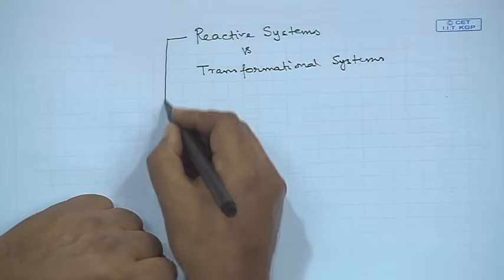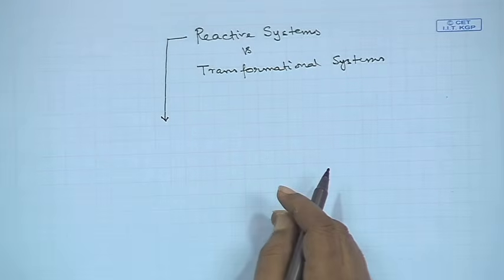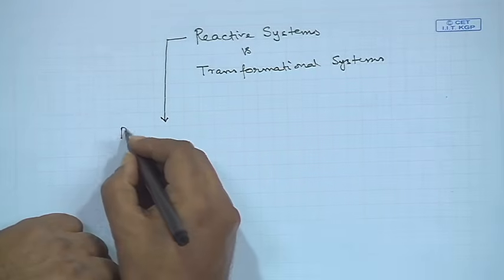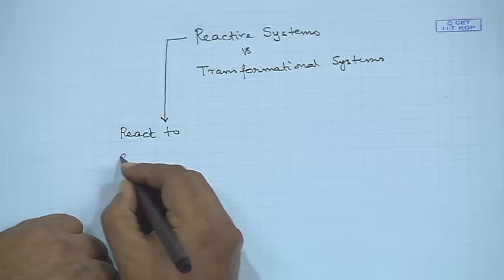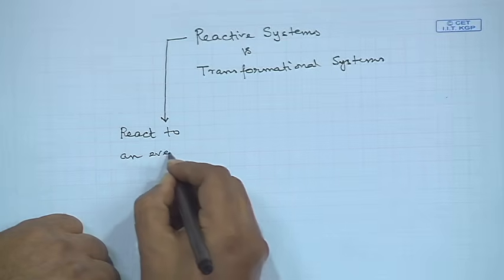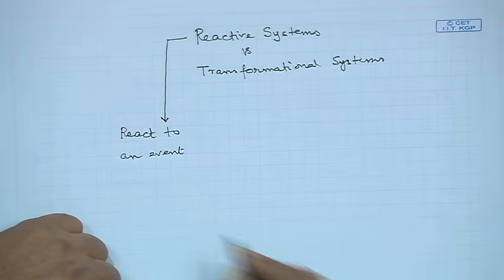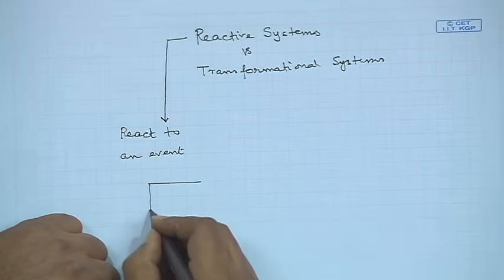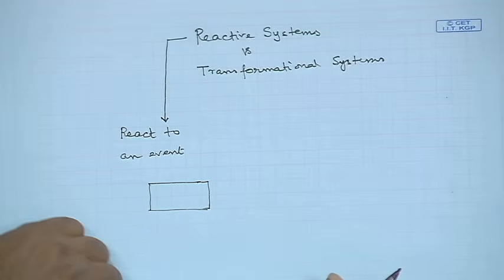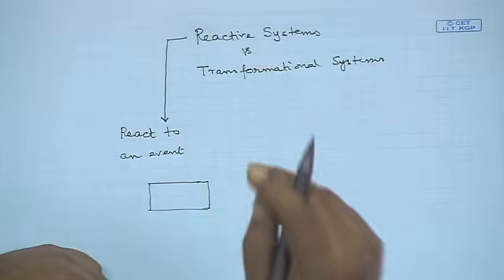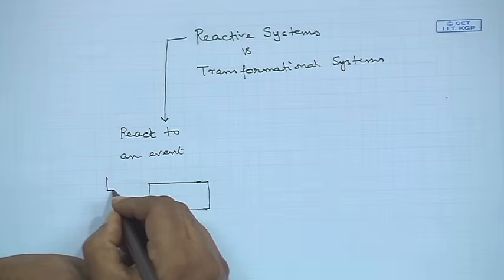Reactive systems are those which react to an event that occurs. For example, a system like a camera does not work of itself. Whenever you create an event,